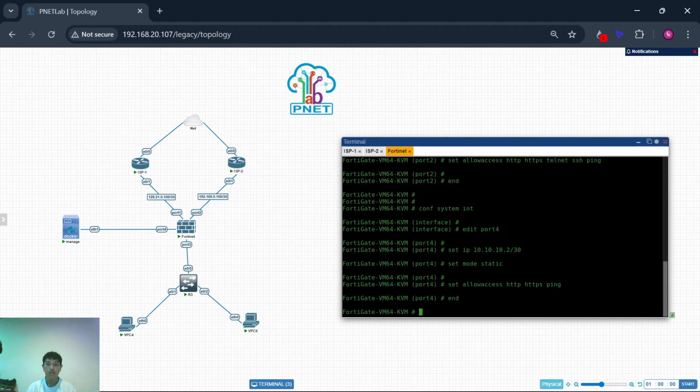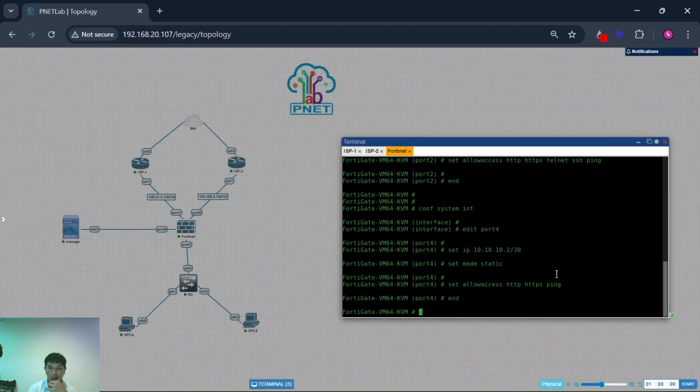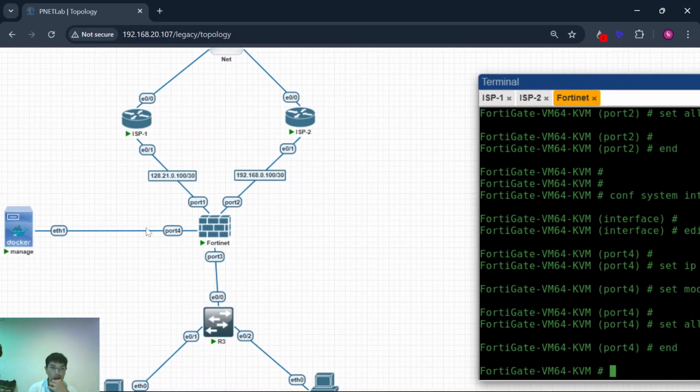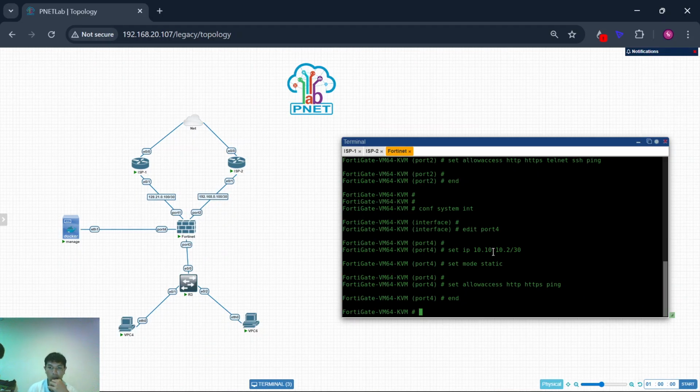Okay, because I configured this Ethernet 1 as static 10.10.10.1 and this is for port 4, which connects to Ethernet 1, so I configured 10.10.10.2.